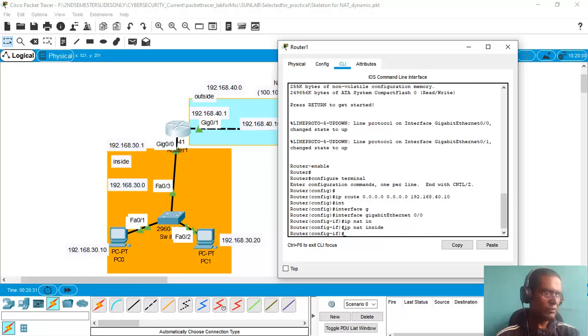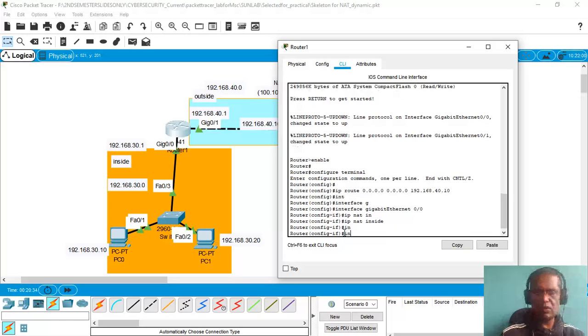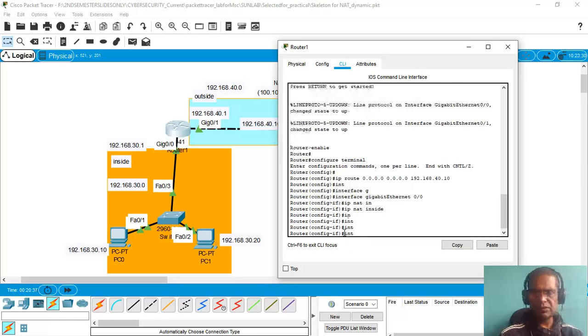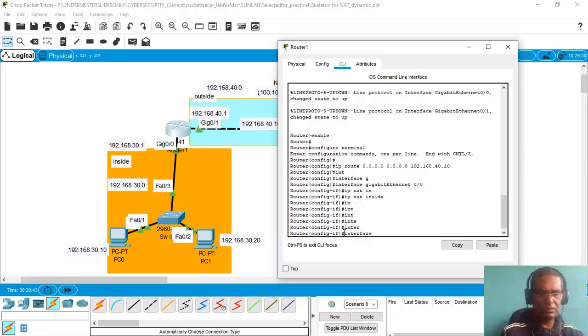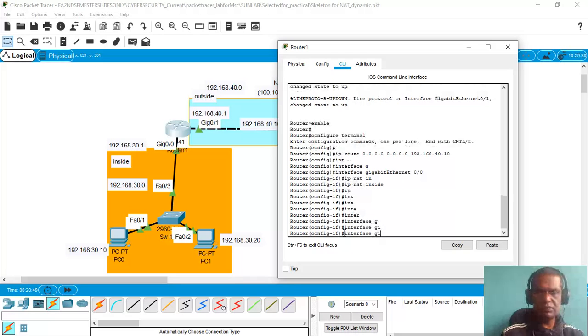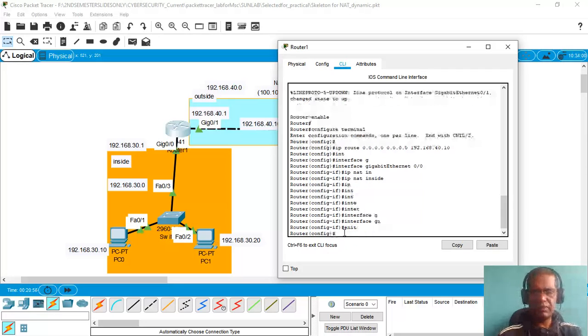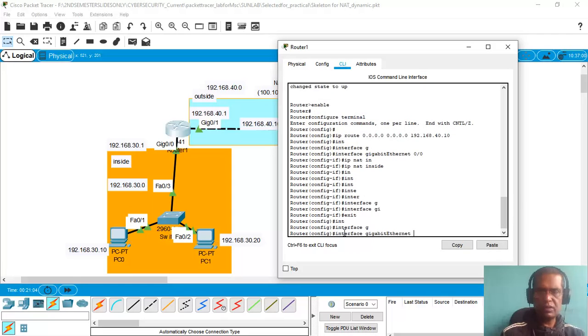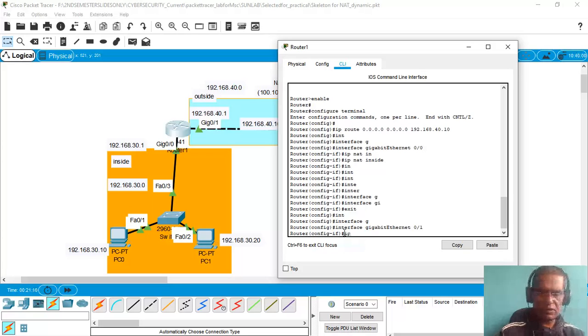Then I will call the interface gigabit 0/1, and I will say ip nat outside.